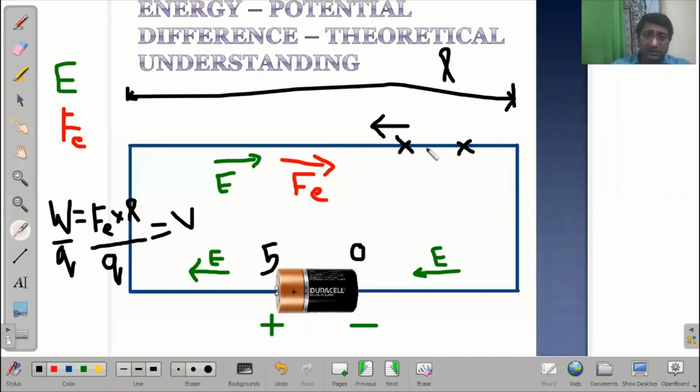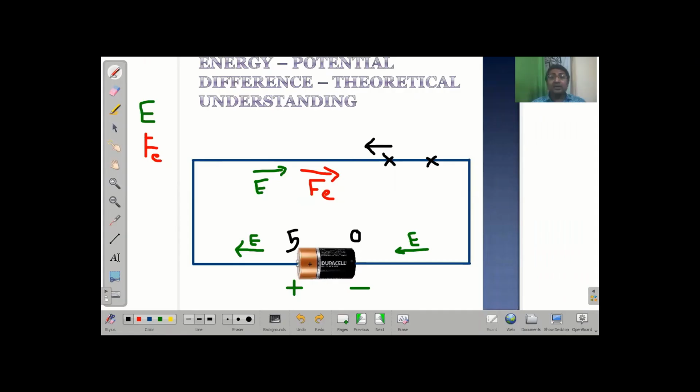Okay. So that's about potential difference, the theoretical aspect. And if you observe this formula, we can define potential difference theoretically. It is the amount of work done, guys. Look at the numerator. It is the amount of work done on a unit charge to move it through a particular distance, L. Or it is the difference in potential between 2 points. Between 2 points, the difference is called the potential difference. Okay? Now,